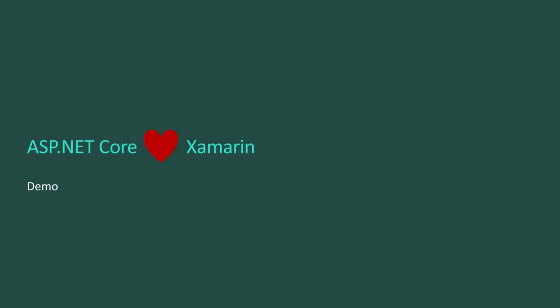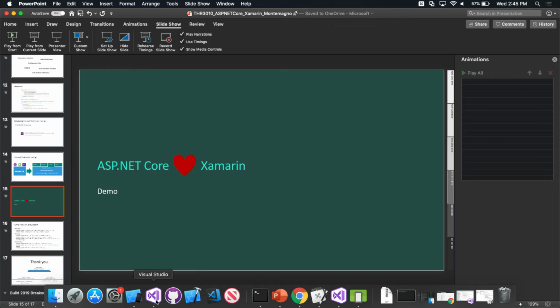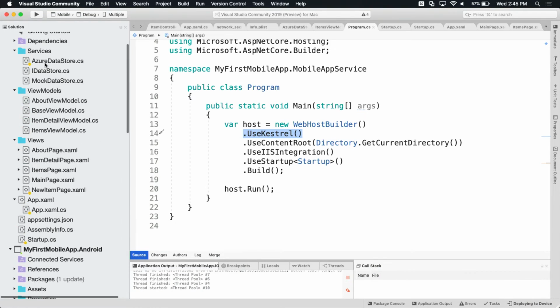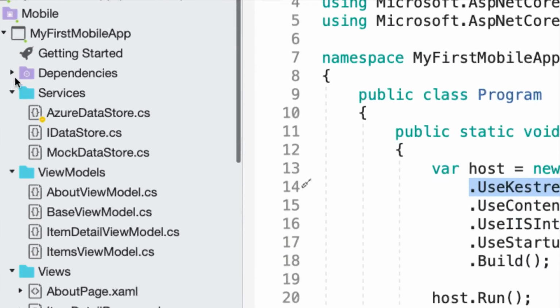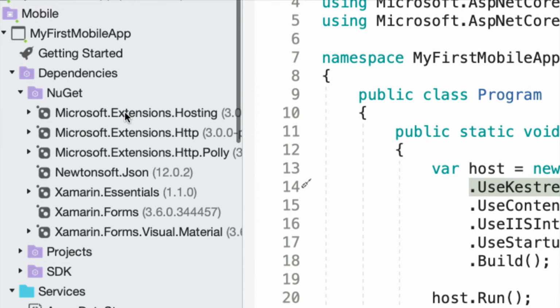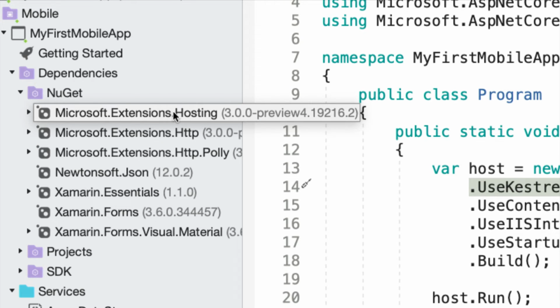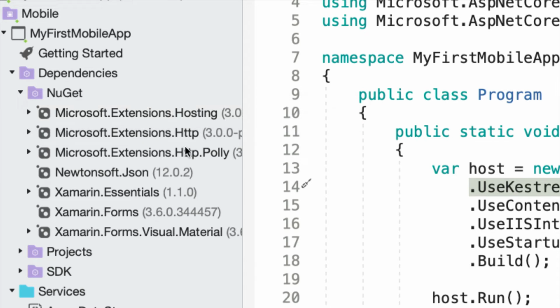Amazing. So truly then, ASP.NET Core must equally love Xamarin back. Exactly. Yes, because we all love each other in the world of .NET. All right, so what do I have to do here? There are NuGets I need to bring in, right? Is that what I need to do? Yeah, so you add that NuGet package that we had on the slide earlier. Whoa, I did it already. Microsoft Extensions Hosting. It's already there. Amazing. It's like we rehearsed. As if you were prepared for this. Wow. Okay, so I have hosting. And what are these other things here?